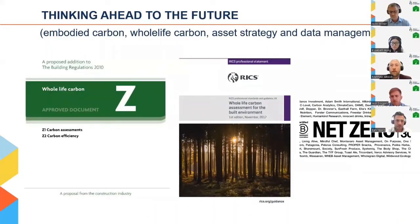So what of the future? Well, to misquote William Gibson, the future is already here, it's just not evenly retrofitted yet. And there are tools that will hopefully redress this. Approved document Z on whole life carbon has been proposed with the backing of industry to tackle embodied carbon emissions, so long an oversight. The RICS Institute of Chartered Surveyors brought out its Whole Life Carbon Assessment Professional Statement